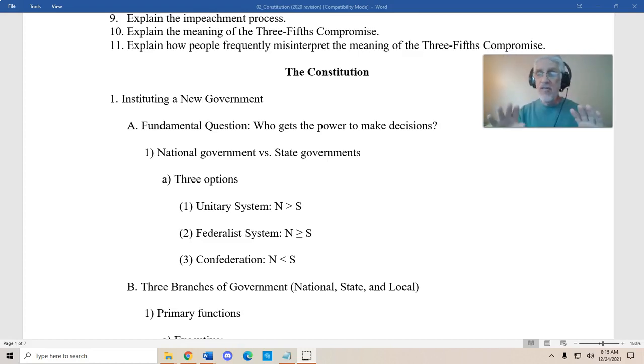Now, in the next video, I'm going to talk about some really basic things about different branches of government and what their functions are, and then who are the executives, the legislature, and the courts, the judicial branch at the national, state, and local level. For some of you, this is going to be very rudimentary, probably things that you already know and you've learned back in high school. But for some people, this is brand new.